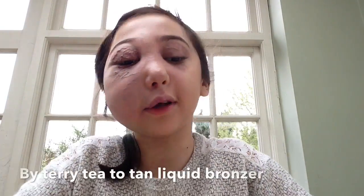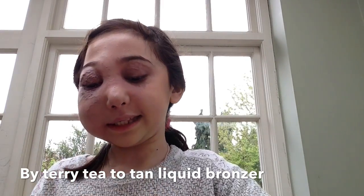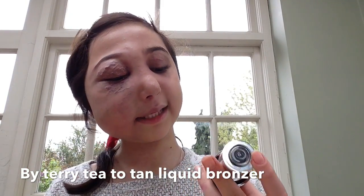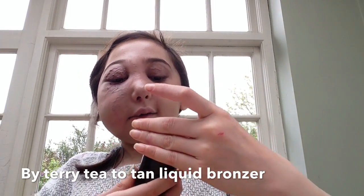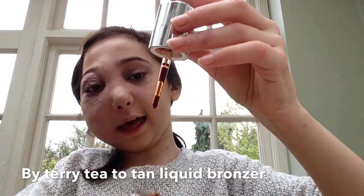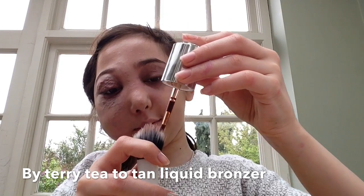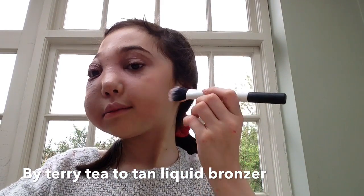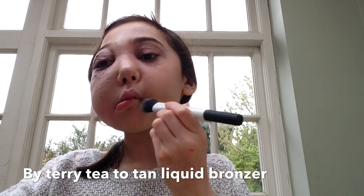It is time for bronzer, and I really like this bronzer. It's quite weird though. It is the new By Terry Summer Collection bronzer, and this is made out of tea, and it's called Tea to Tan, and I really like this. It's basically a watercolour bronzer. So all I'm going to do is, it's just got a little pipette like that, and I'm just going to do a few drops of that on my brush, and then I'm just going to put it just in the hollow of my cheekbone on each side,